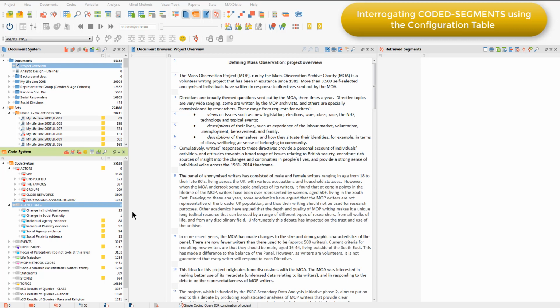within documents. This time we're looking at an analysis of unstructured narratives written by volunteer writers in the UK to sets of open-ended questions posed by the Mass Observation Archive. In this illustration I'm focusing on the Your Lifeline directive, which asked writers to provide a timeline of meaningful events